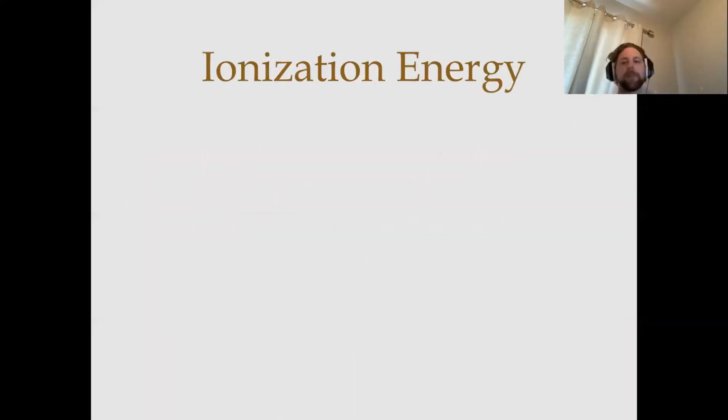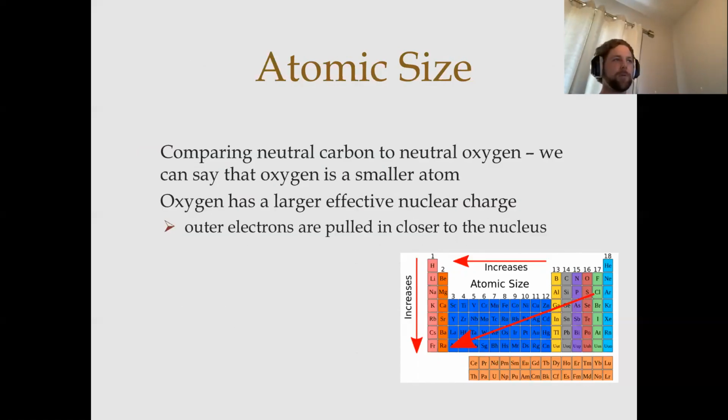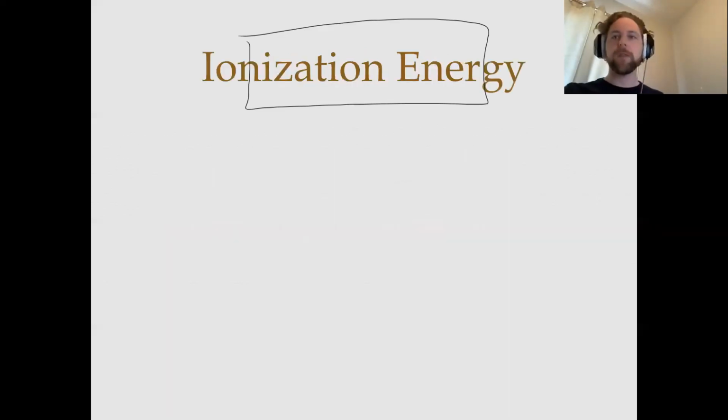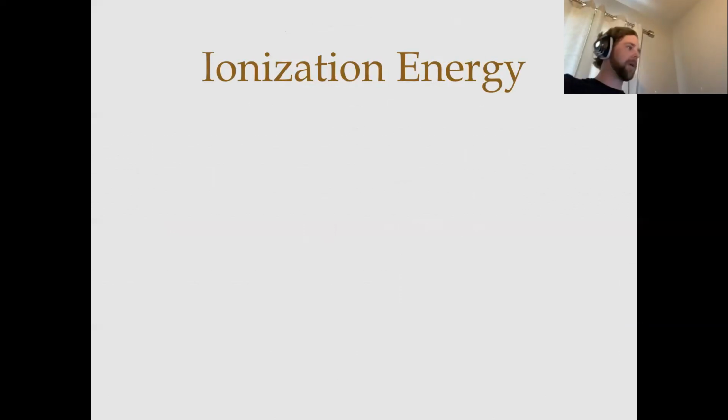Okay, so we went over atomic size by using shielding and using effective nuclear charge. Once we're able to comfortably predict the relative size of atoms, that helps us make predictions with ionization energy and electron affinity. The size is a very important factor, where those electrons are positioned. So, ionization energy